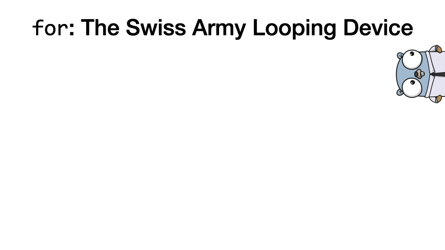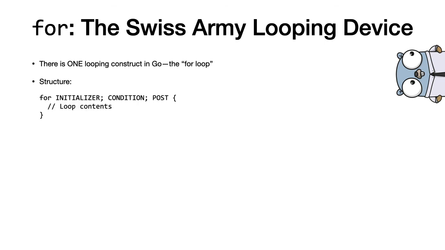So then there's also looping. In Go, you only have one looping structure. They have the for statement, which is a complicated statement for being the only looping structure, but Go made it flexible enough that you can use it in a variety of different contexts. The basic way it looks is like this. You say for, and then you have an initializer, semicolon, a condition, semicolon, and then what to do after each iteration. And then you have your loop contents